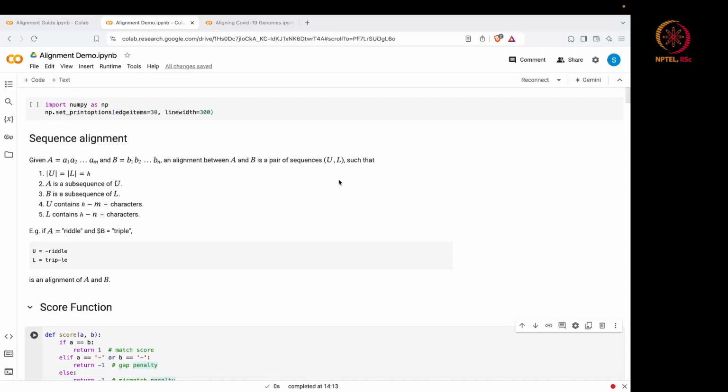At the end of this demonstration, I will show you the results of global alignment between the genome sequence of the COVID-19 Delta variant and the genome sequence of the COVID-19 Omicron variant. Let us get started. The sequence alignment between